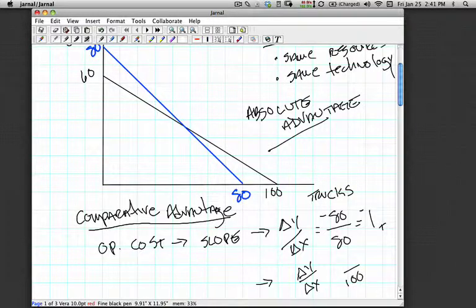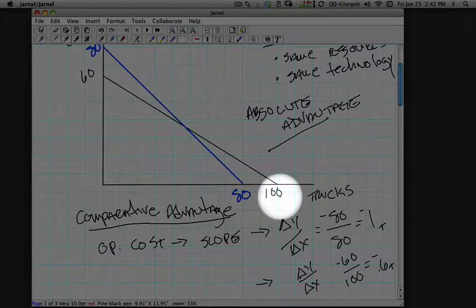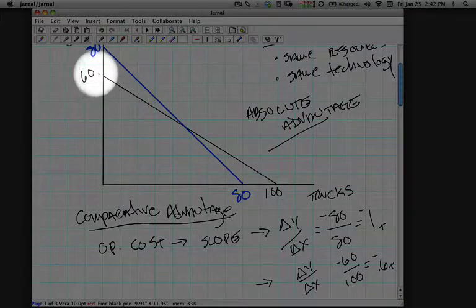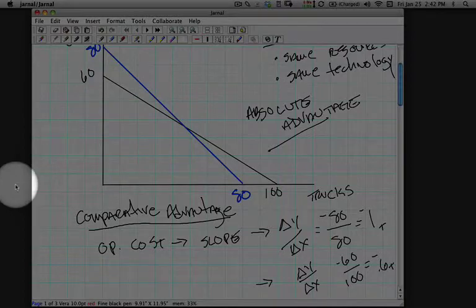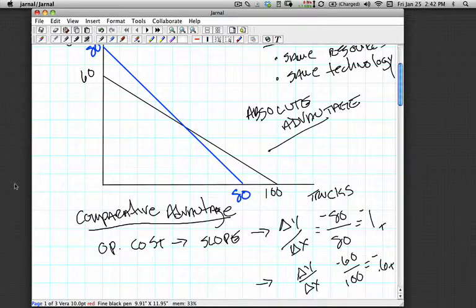But the only way they can do that is if they give up making 60 cars, which means the slope of their production possibility frontier, as we calculated before, is 0.6. Okay? For the United States, in order to make 100 trucks, they would have to give up making 60 cars. The cost of making trucks is giving up the next available option of cars. 100 trucks, 60 cars. Slope of that line,